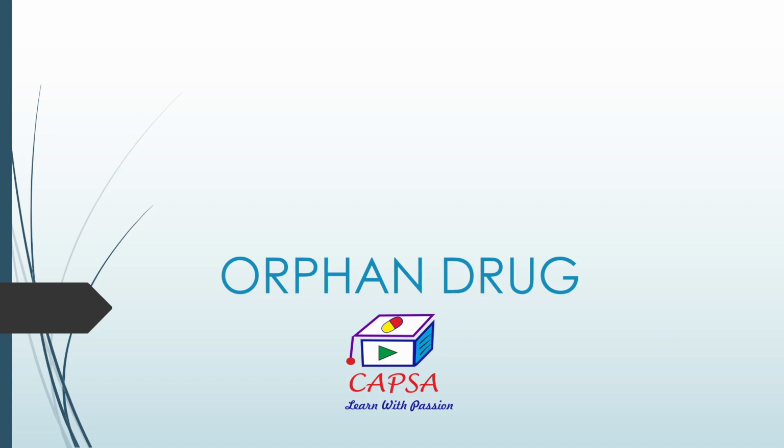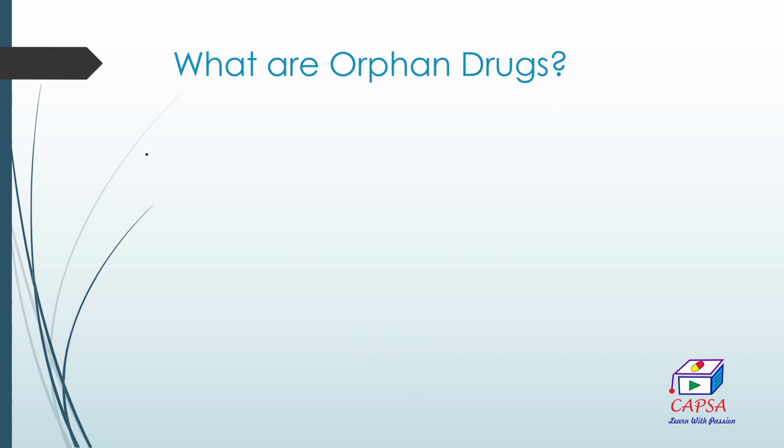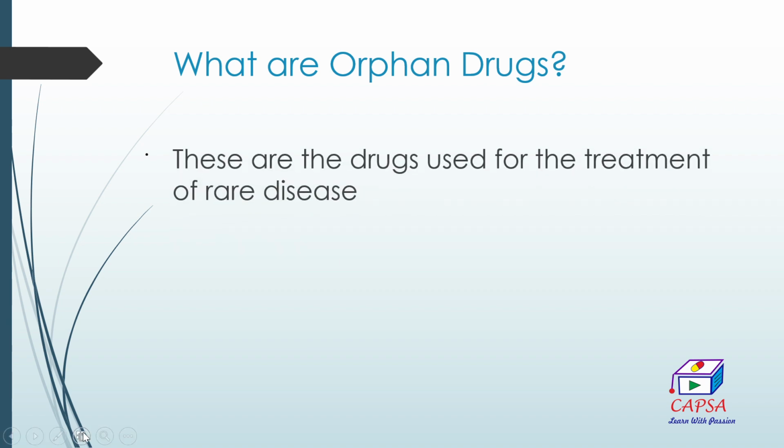Today's topic is orphan drugs. So, first of all, we need to know what we mean by orphan drugs. These are the drugs used for the treatment of rare diseases. So, what can be the rare diseases? These are the kind of inherited cancers,